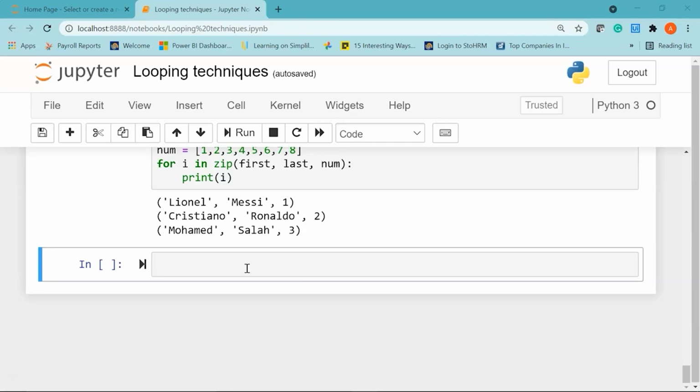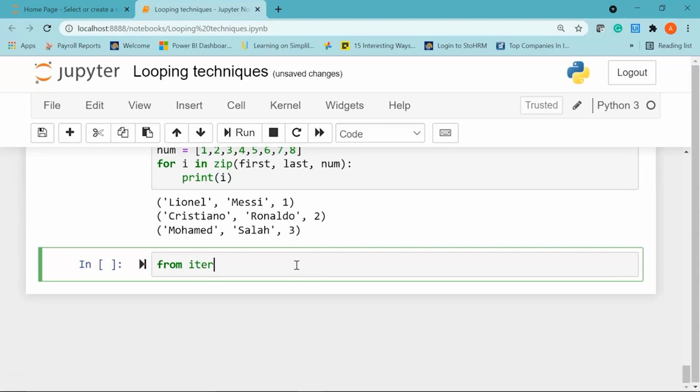The zip_longest iterator falls under terminating iterators. It prints the values of the iterables alternatively in sequence. If one of the iterables is printed fully, the remaining values are filled with the values assigned in the fillvalue parameter. To use this function, we need to import zip_longest from the itertools module.